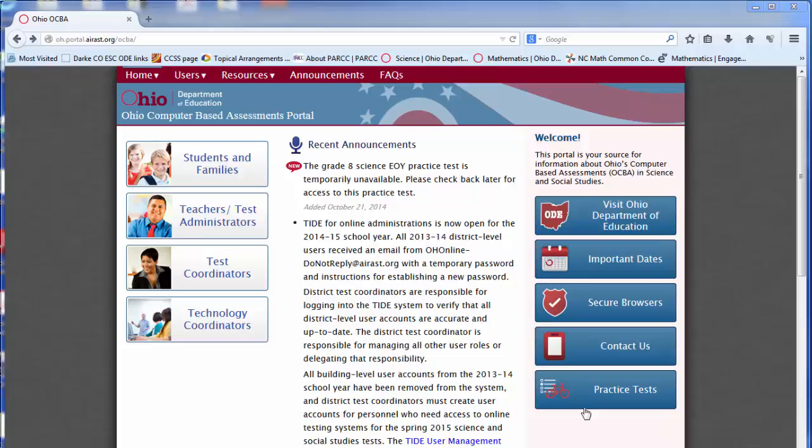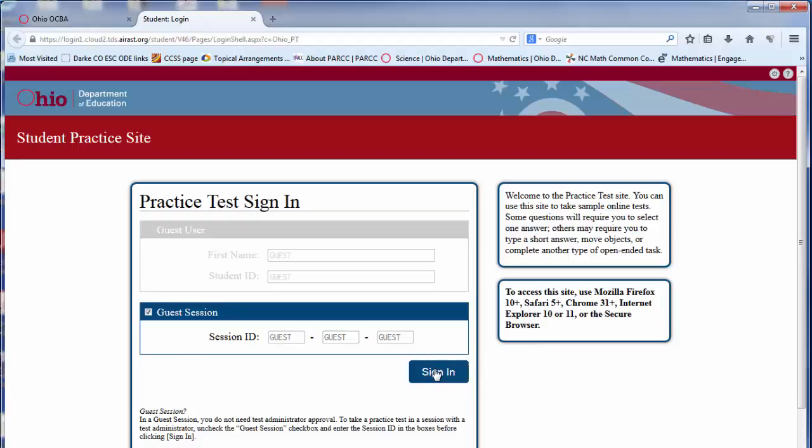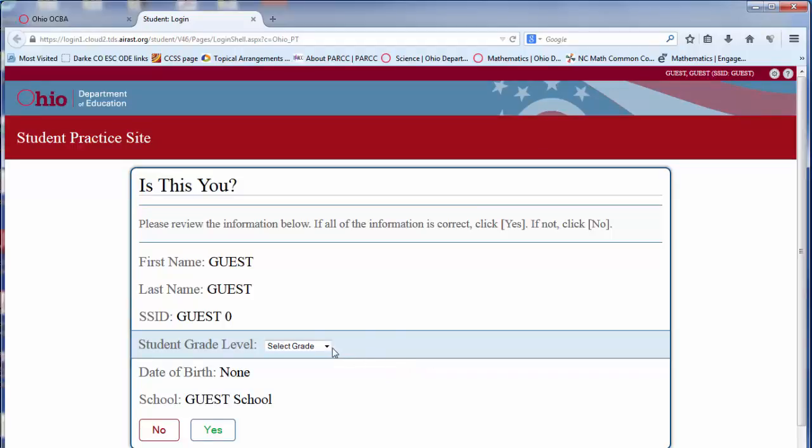We are starting at the portal page, which is oh.portal.airast.org/OCBA. And at that portal page, we will click Practice Test, and that will bring us to the login page. We will log in as a guest, and then we will select 10th grade,